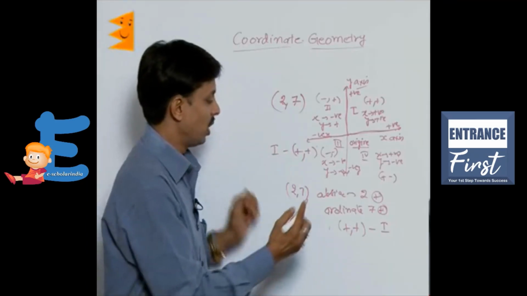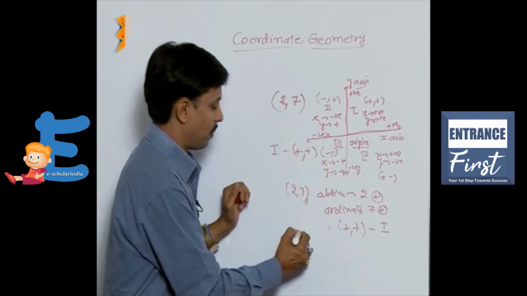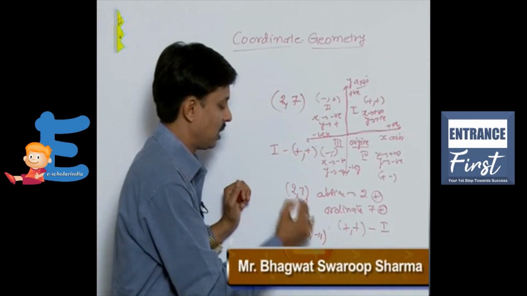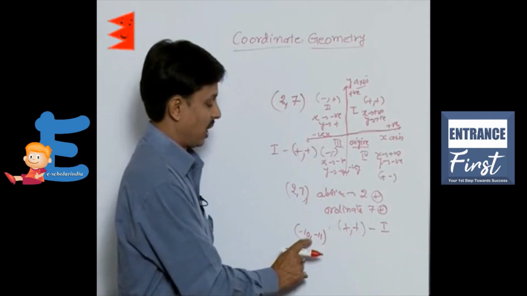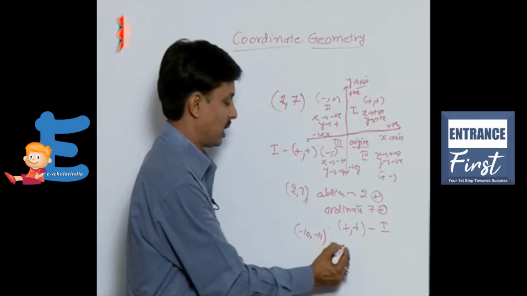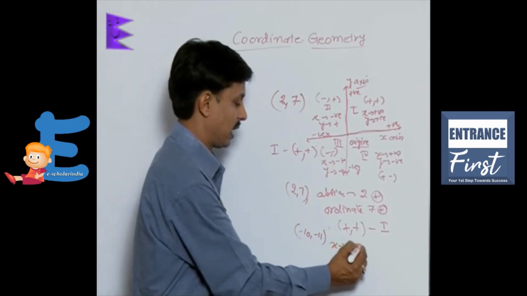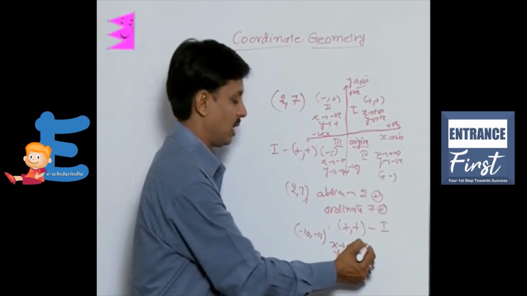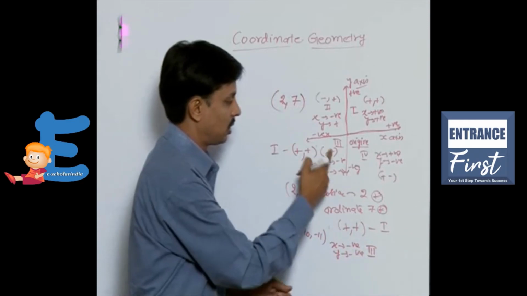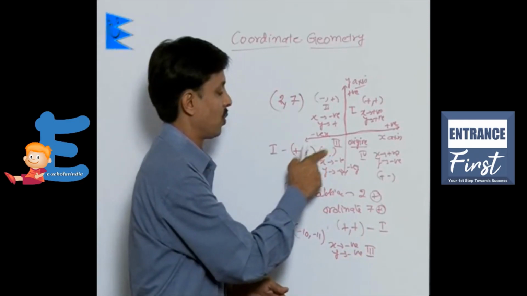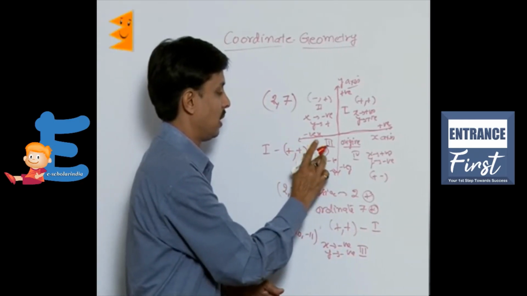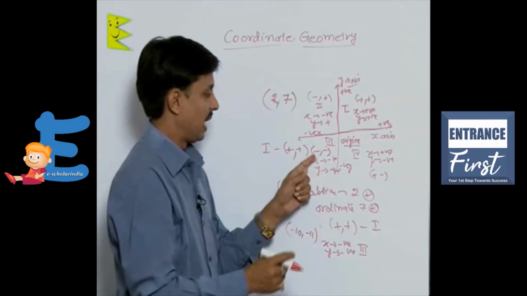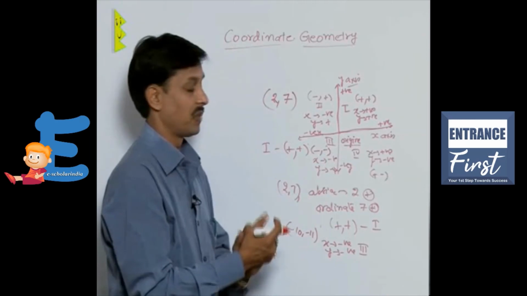Now I ask you where the point (-10, -11) lies. Where does this point lie? As x is negative, here x is negative, y is also negative. So what happens? It lies in the third quadrant, because the third quadrant is made by negative and negative. Both the values of x and y are negative.